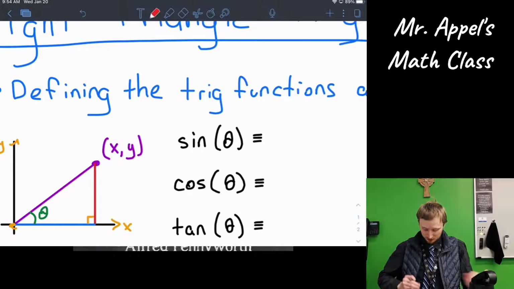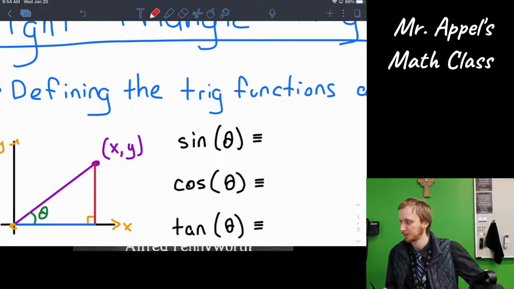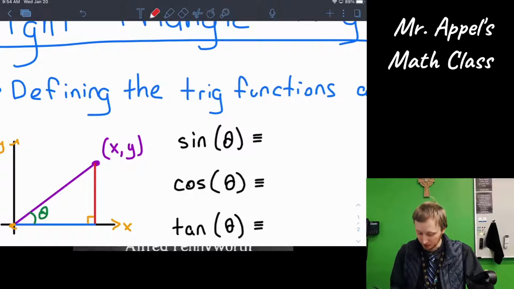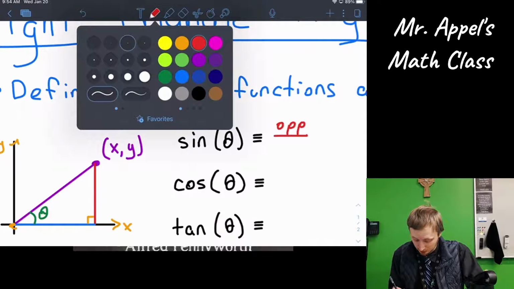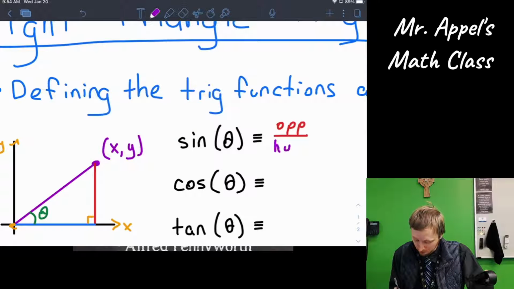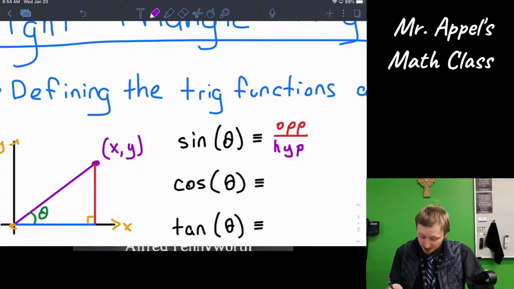Ivan's got it. Alex has got it. Yeah, all right. The opposite over the hypotenuse, right? Which in this case